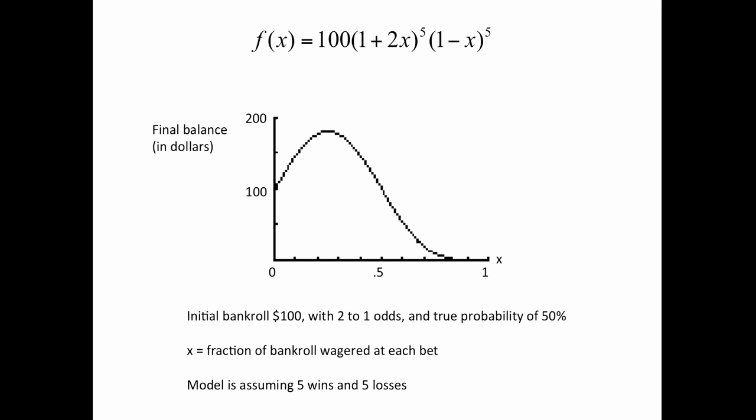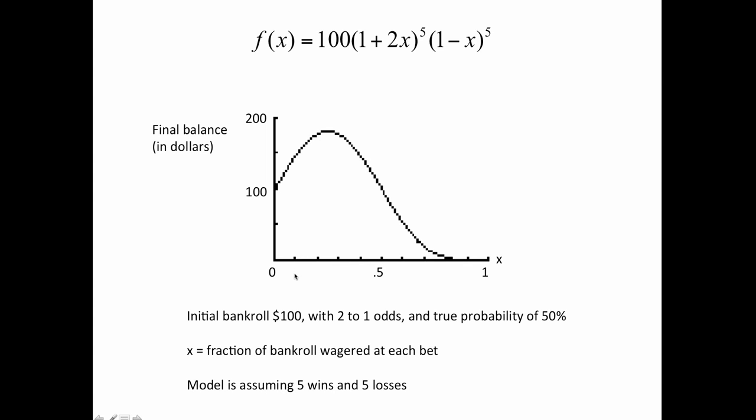So looking at my bankroll formula, let's say you started at $100. You see the 2 here is my given odds. X is the fraction of the bankroll between 0 and 1 that's bet. This is the function that shows what the final bankroll would be if you bet different amounts. So let's say, you know what, it's 50-50, I don't want to bet anything. So if I didn't bet anything, I would just stay at $100. But